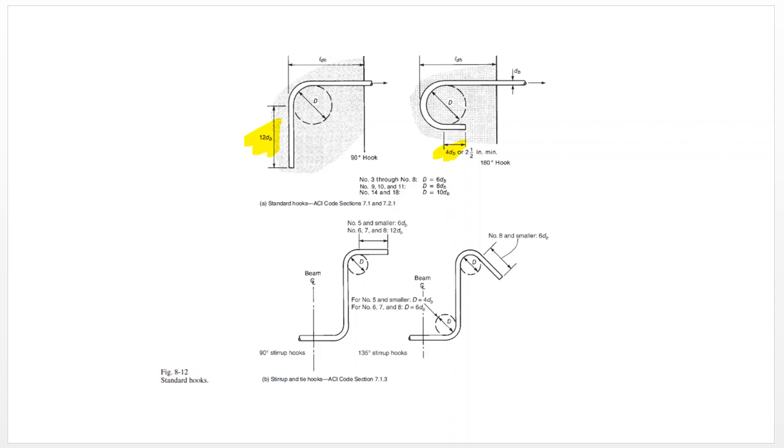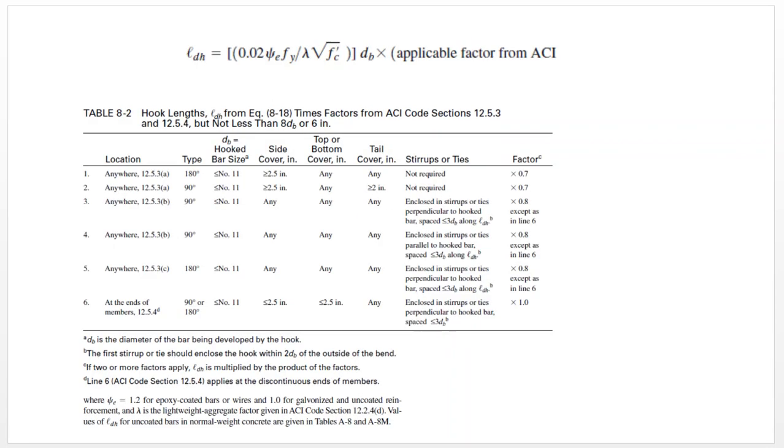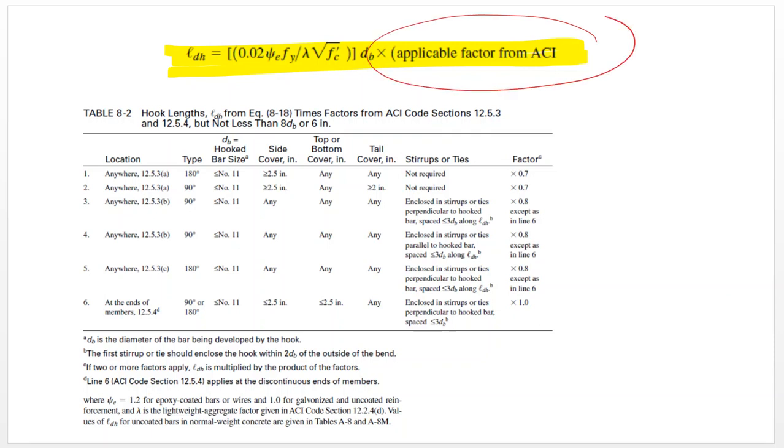In both cases, the development length is the same, LDH, and that is given by this expression right here, and that expression can be reduced by a certain factor depending on the location of the bar, the type of hook, the diameter, the cover, and so you're allowed to further reduce that length if